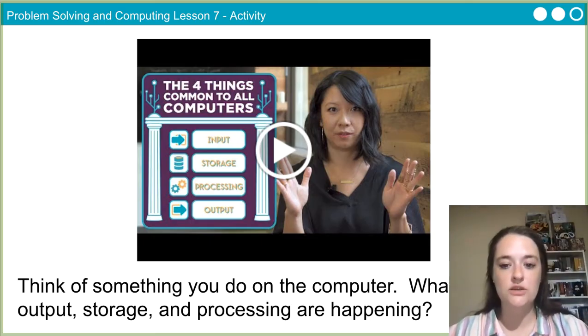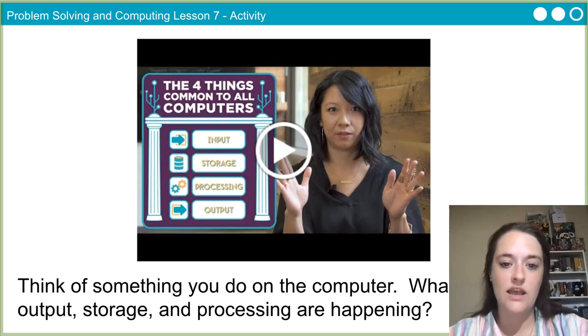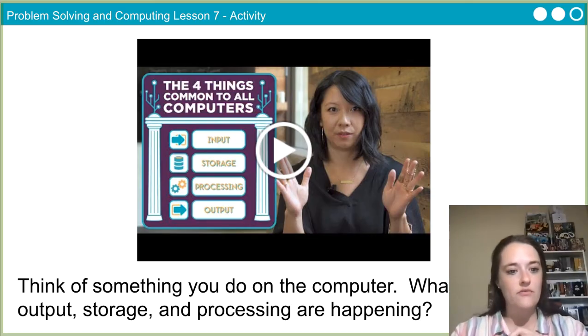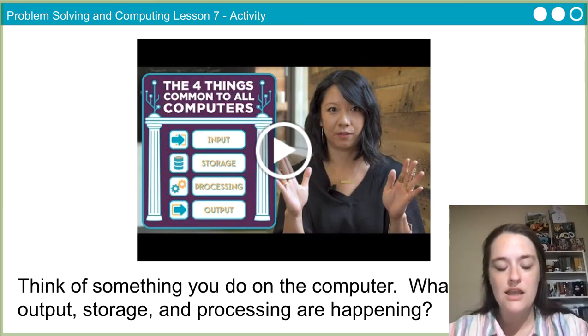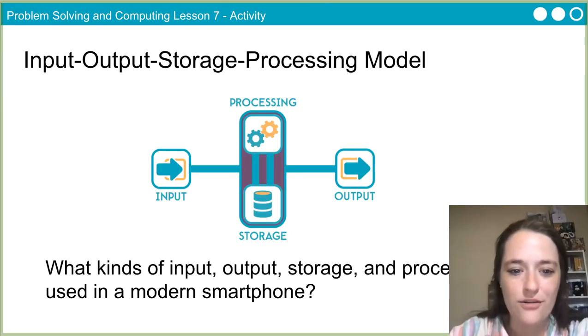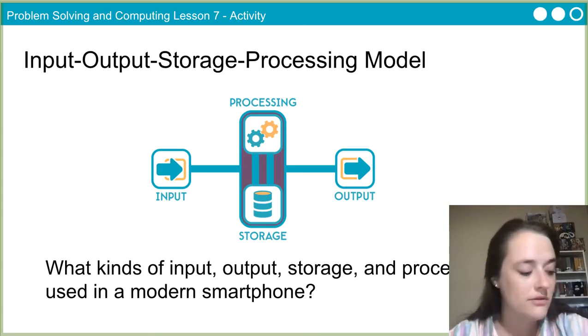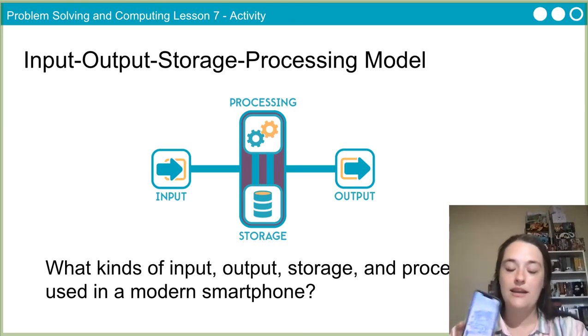What kind of storage and what kind of processing are happening? Well, Google Docs saves your work automatically. Okay, processing, whatever you're typing actually has to be converted from binary into ASCII characters. And we will get into that a little bit later. But I want you to think about now, what kinds of input, output, storage, and processing are used in a modern smartphone, okay? If you have an iPhone,